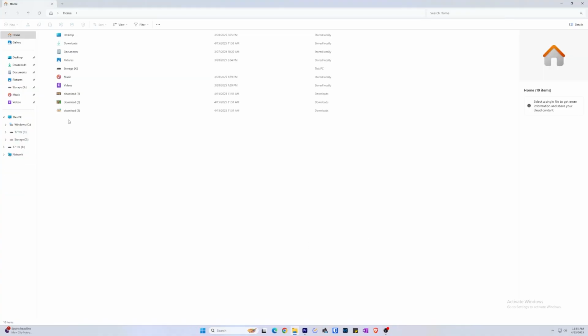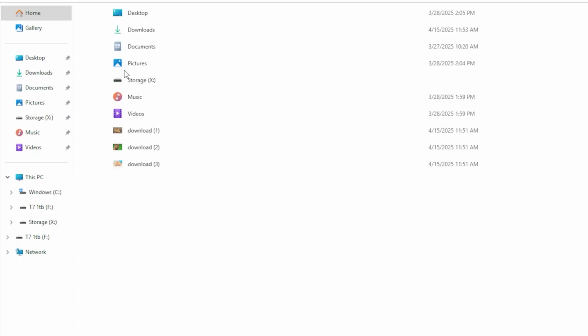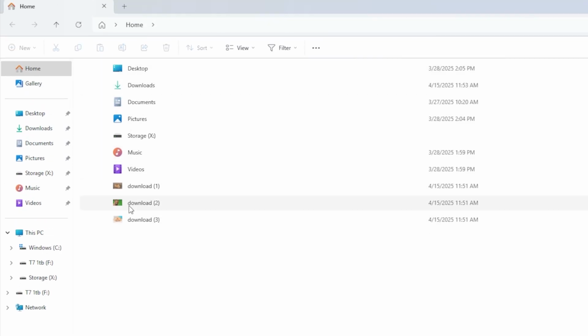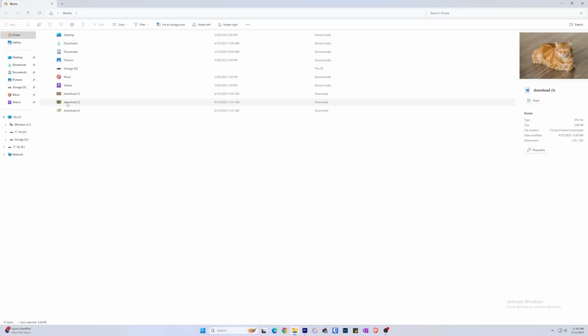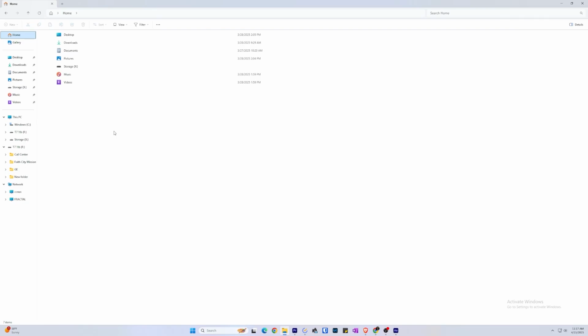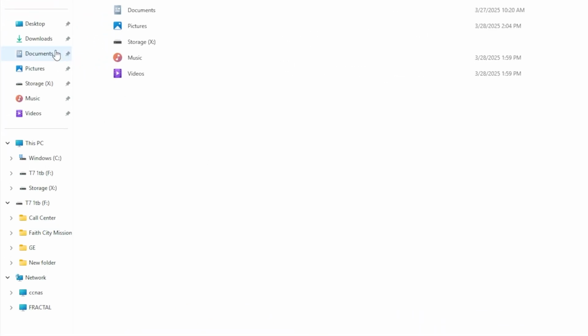Opening the File Explorer brings us to a window that looks like this. Here, any recent files or folders we may need quick access to can be found. This screen will look a little different depending on your computer, so don't worry if it doesn't look quite like this. Clicking any of these folders will take us to that location on our computer, and we can view the files found there. Let's click the Documents folder.